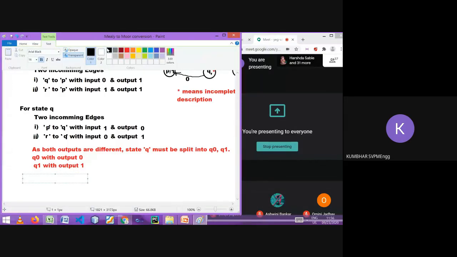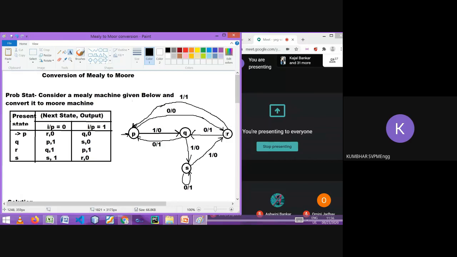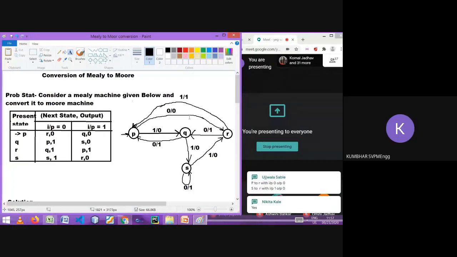Okay. Similarly, let's move to the next state. P, Q, let's go for R. For state R, let me go up and check how many states there are. For R, two incoming edges again, correct? One incoming edge is from P with input 0, output 0, and one from S with input 1 and output 0, correct.